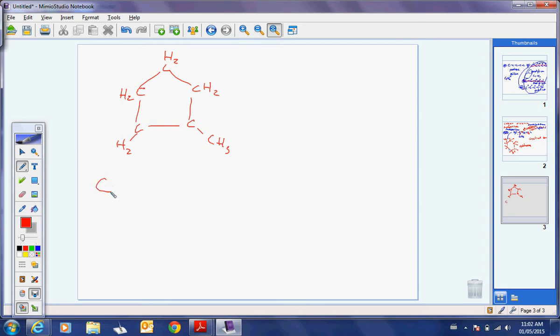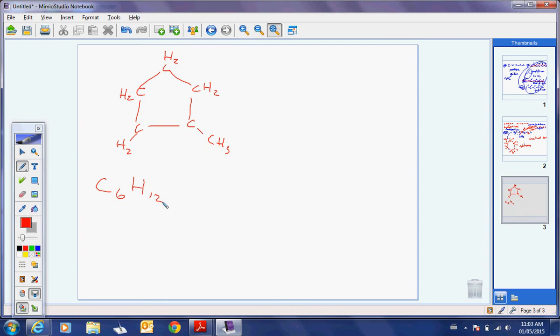So how many carbons have I got? 6 in total. 1, 2, 3, 4, 5, 6. Count them. How many hydrogens have I got? 12. Same looking form as all the other ones we've been doing. So is this one an isomer as well? Isn't the C on the bottom right missing? It's only attached to 3 things.